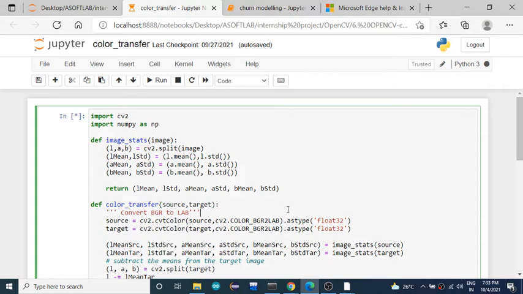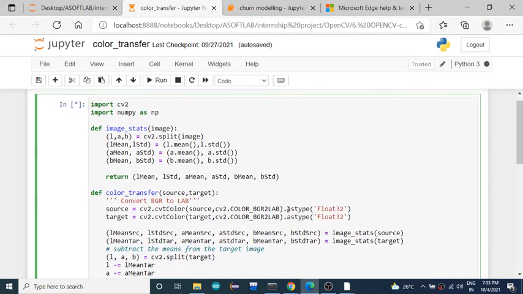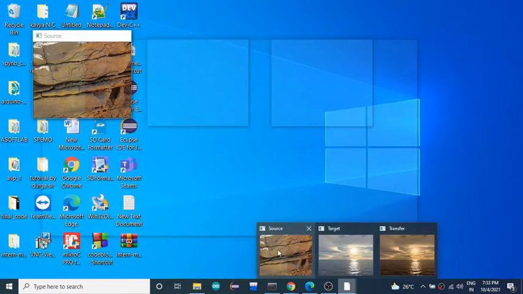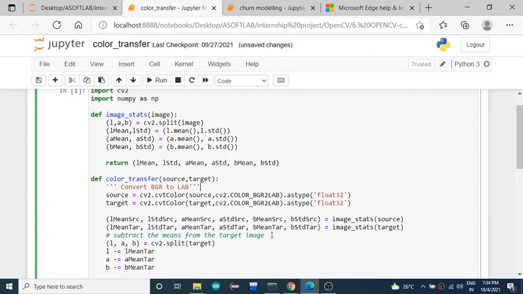We have about 30 codes to change the color, different color codes to change the image from one color space to another color space. I'm taking this advantage here to change the color space of one image to the other. I'm just considering the average and standard deviation, converting one image's color space and transferring it to the other.